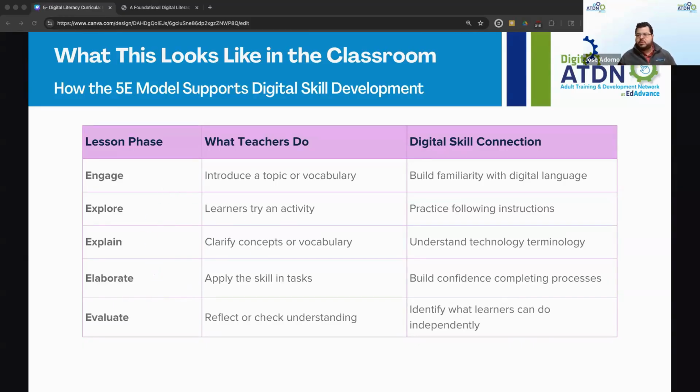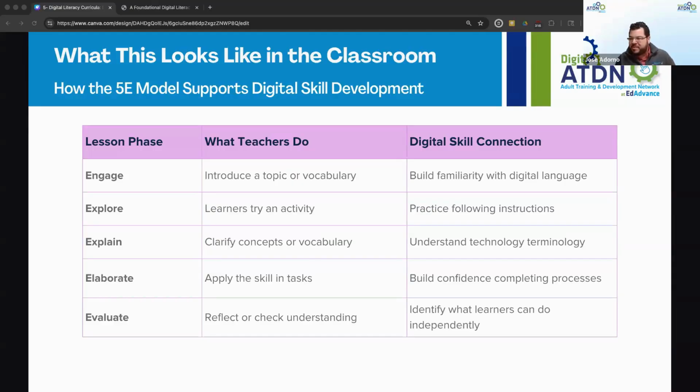So here I wanted to pause and ask, from these five, which one is your go-to when you're teaching or working with learners? Do you look more at engage, explore, explain? Back in my teaching days, I would do engage a lot. I always had to contextualize what I was trying to teach. And that was my go-to. I'll go way, way into the engage portion. And then I'm like, wait, I need to make sure that I show them how to do it.